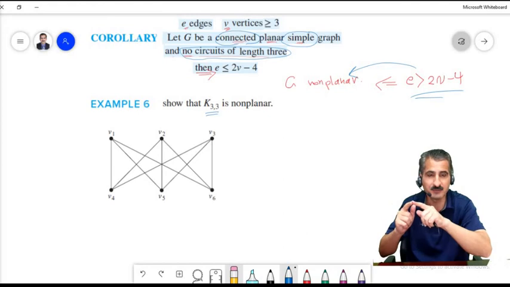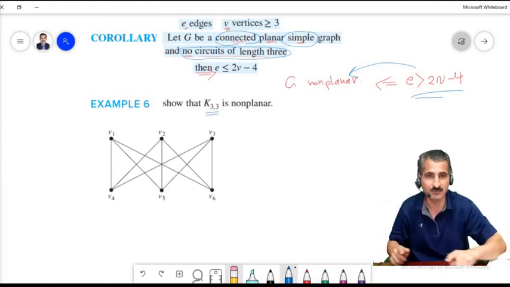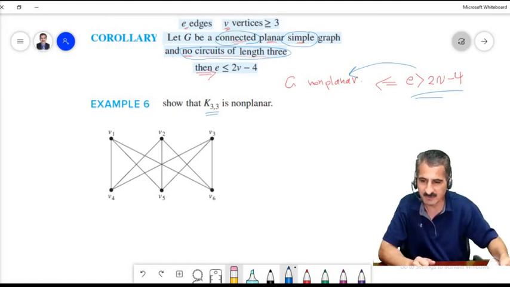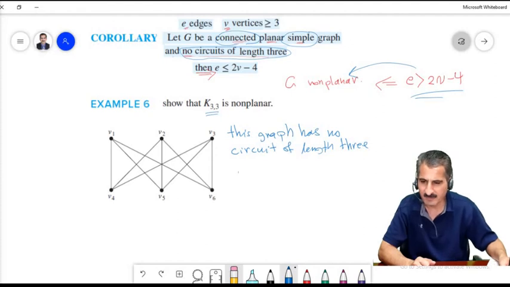There are no edges between any 2 vertices up there or down here. So we cannot make a circuit of length 3. Now, this graph has no circuit of length 3,